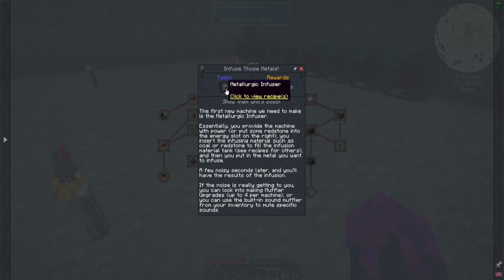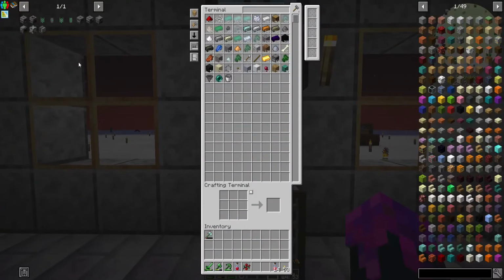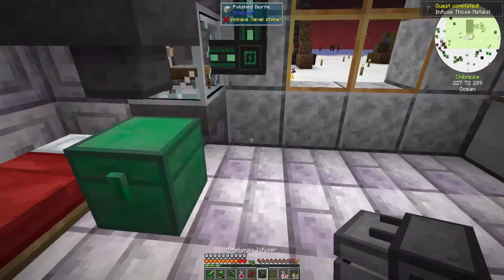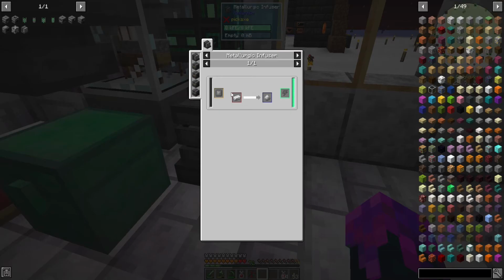So first things first, I will need to make this Metallurgic Infuser, which is, the recipe is quite simple really. There we go. We got the Metallurgic Infuser now. I'll just put it here for now. And this is the UI for it. And then with this, I can make steel, enriched iron, which is by putting coal inside this block and then